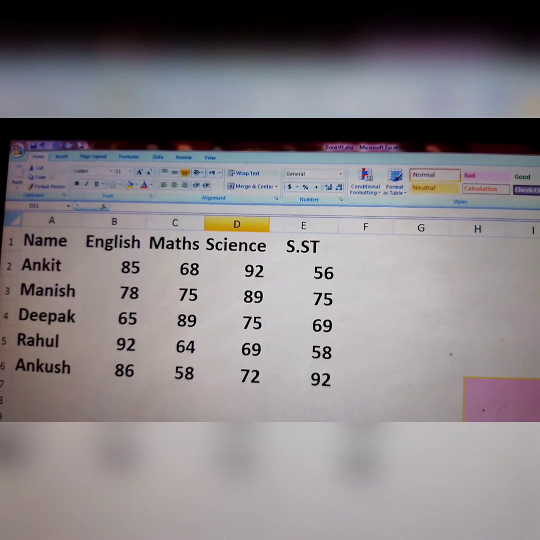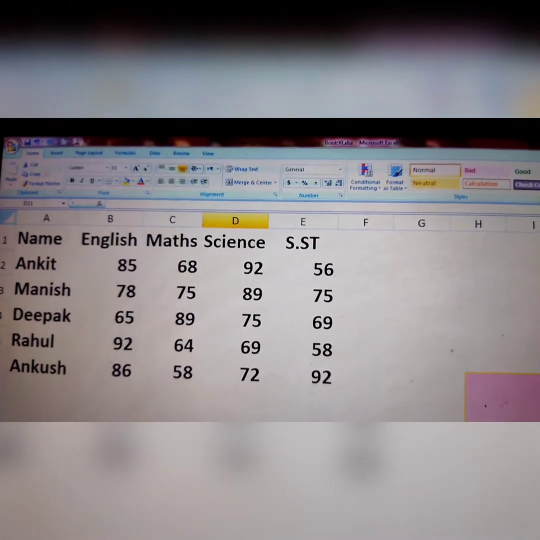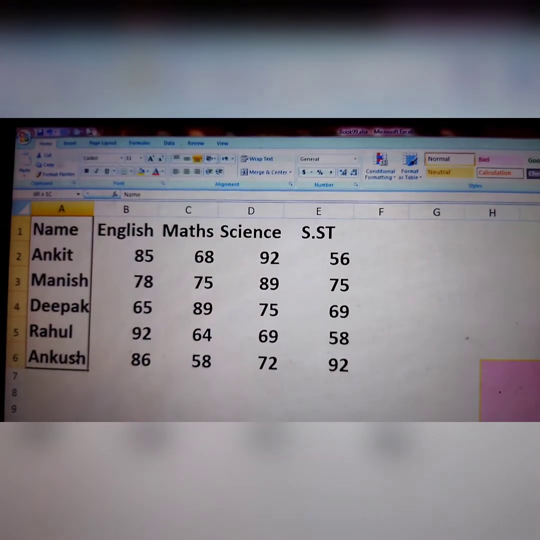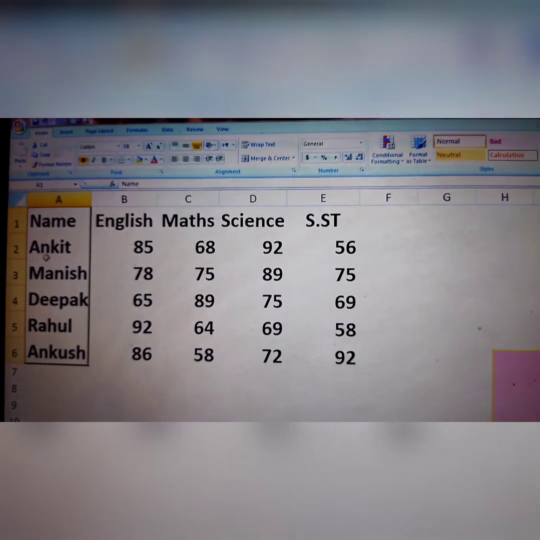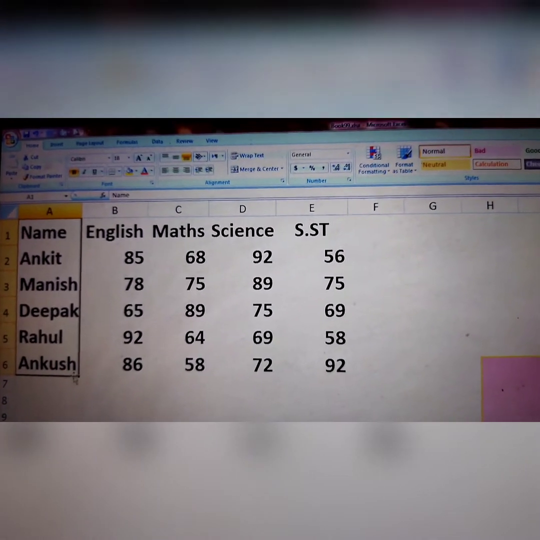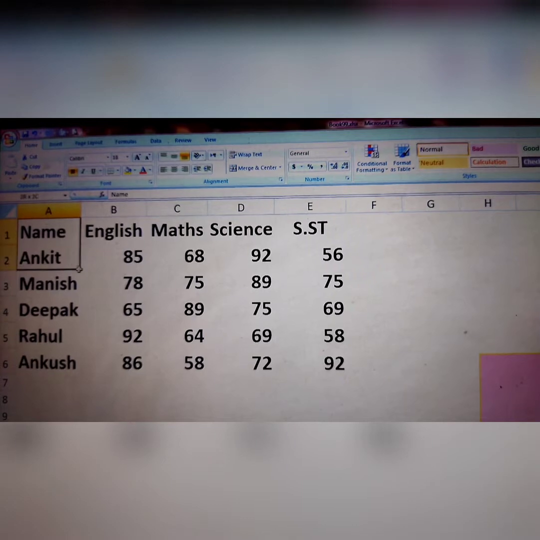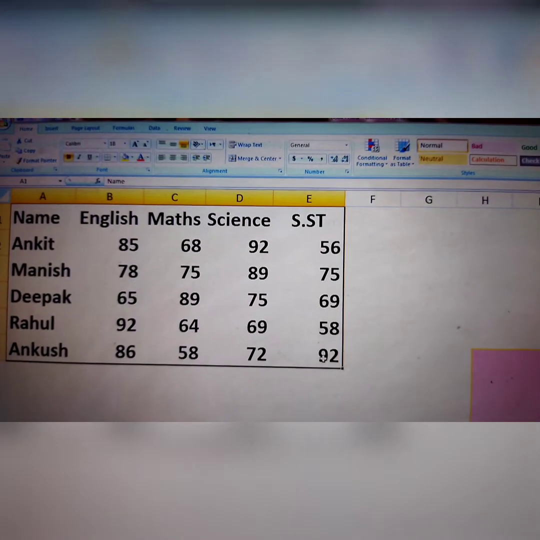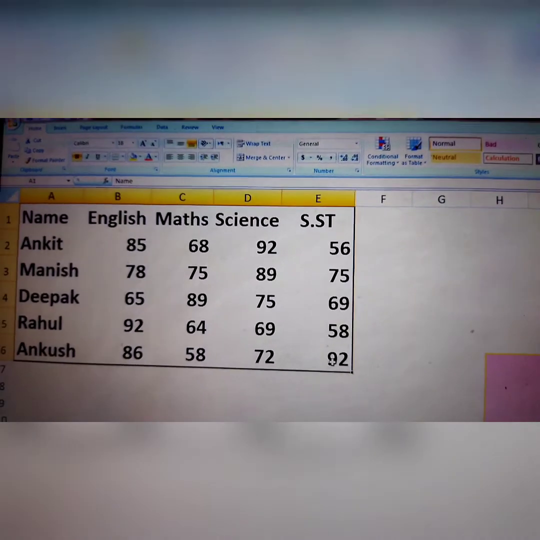Then next you will enter the data, small data. First of all, you can see the names of students. The first name is Ankit, then Manish, Deepak, Rahul, Ankush. We will enter this data properly in this newly created worksheet.